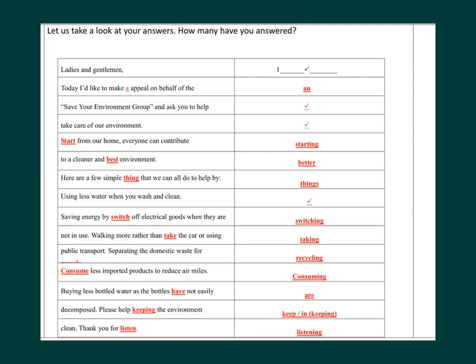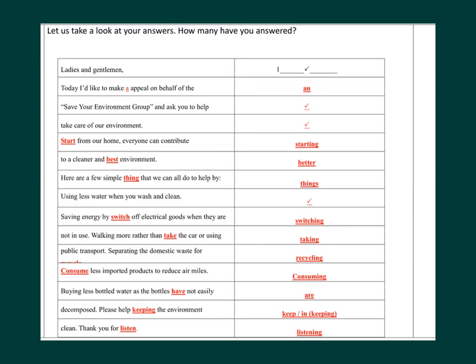A few simple things that we can all do to help by using less water when you wash and clean。冇錯㗎。Saving energy by switching。因為個 by 係 preposition， 所以後邊要跟住個 not， 又要跟個 gerund 啦。By switching off electrical goods when they are not in use。Walking more rather than taking， 因為前邊係個 walking， 所以你後邊要跟個 taking， 大家相呼應。Then taking the car or using public transport。Separating the domestic waste。嗰個係 for recycling， 你哋呢邊睇到啦。